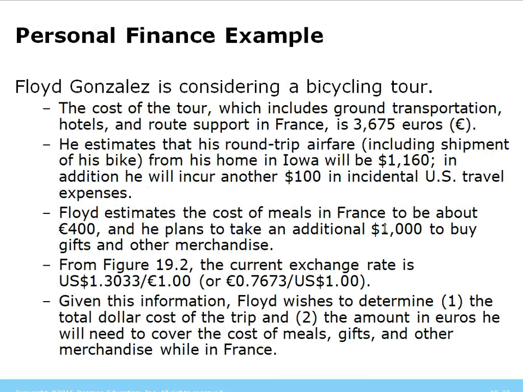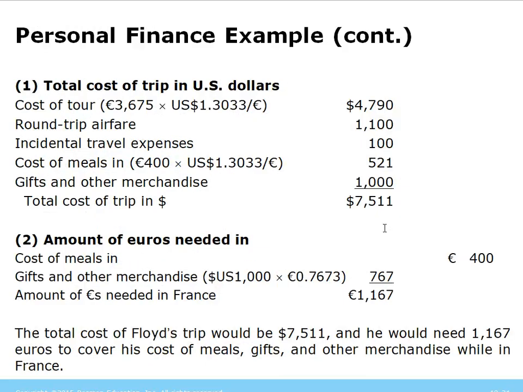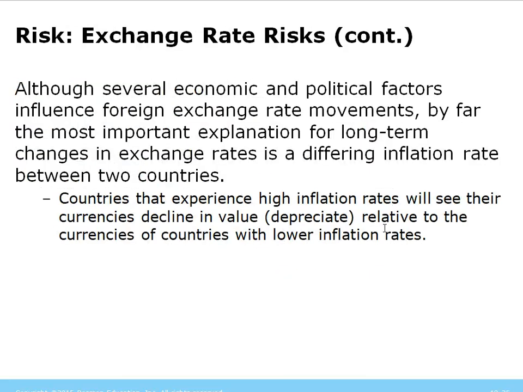All right, I'm going to skip this personal example. The exchange rate risk. So there are several economic and political factors that, of course, are going to influence foreign exchange rate movements. The most important explanation for long-term changes in exchange rate among different nations is the inflation rate